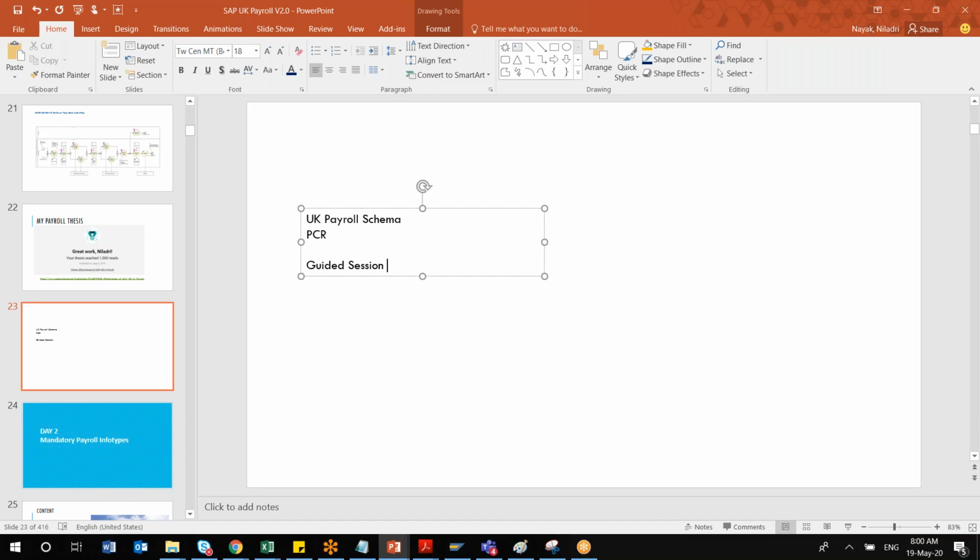I'll guide you: this is my SPRO node, these are the steps you have to follow, these are the steps you have to perform. I'll also provide those materials, and certain hands-on activities I'll give to you, and you will be practicing those. That will be good learning, because I'll focus more on the hands-on part, not only the theory.